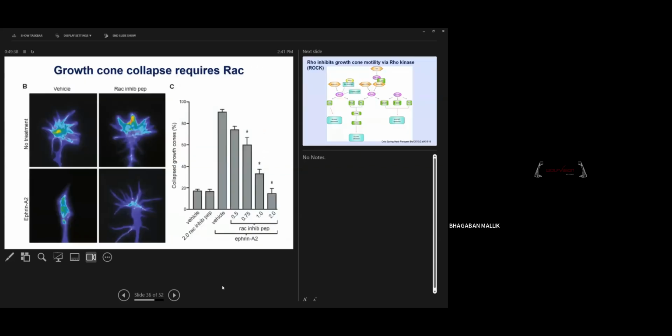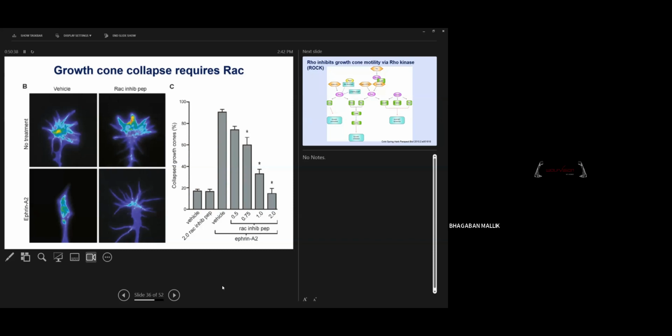Here is an experiment shown in the lab, showing how RAC regulates collapse of the growth cone. In the vehicle, the DMSO-treated sample, you can see nice growth of the growth cone, with filopodia coming out. Here RAC1 is inhibited. There are some drugs which you can use to inhibit RAC. Since RAC1 is inhibited, you don't have formation of the sheath-like structure, because RAC1 forms lamellipodia, but you can still see filopodia-like projections. But when they add the afferent signal, which is a repellent signal, you can see that with the vehicle you have less collapse of the growth cone. With the RAC1 inhibitor, because RAC1 forms lamellipodia,